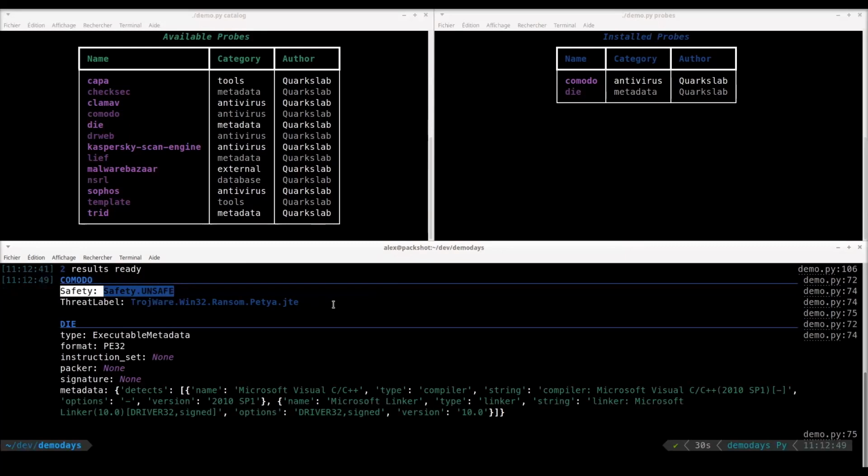You have the results for Komodo that we have typed results. So we have the safety results that say it's unsafe, and an extra info that says the name of the threat. For each antivirus, it's a bit the same results. And for the metadata probe Detect It Easy, you have more information about what the tool detects inside the executable.